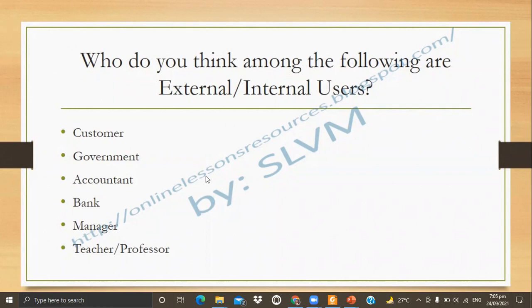The government, internal or external? External, ma'am. Okay, just save your answer kung correct ba tayo. Yung accountants, internal or external user? Internal. You can guess, wala namang right or wrong. Internal, ma'am. Okay, just save your answer.